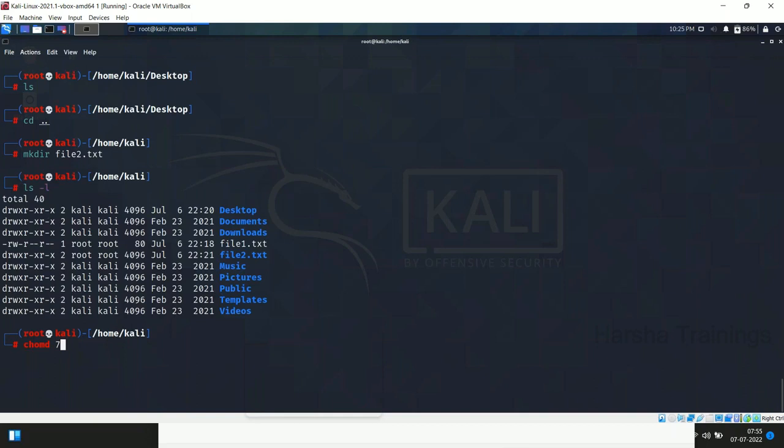So I'm giving 7, 7, 7, which means I'm giving the read, write, execute option to everyone. Let me give the file name. You can just check it out. These are the permissions that the file currently has. But now, if I give this,